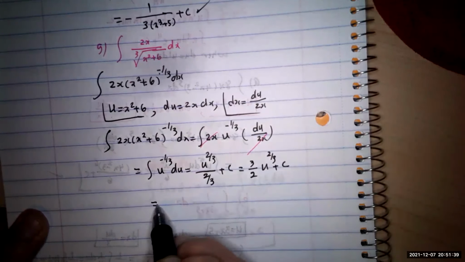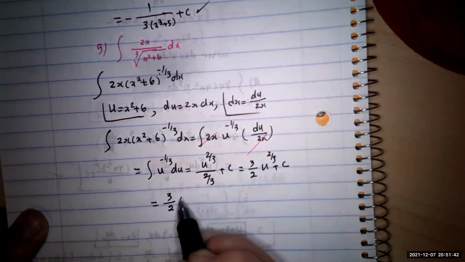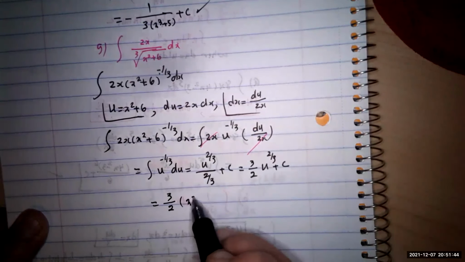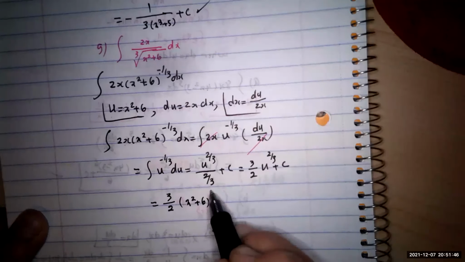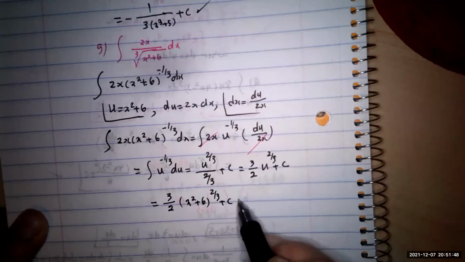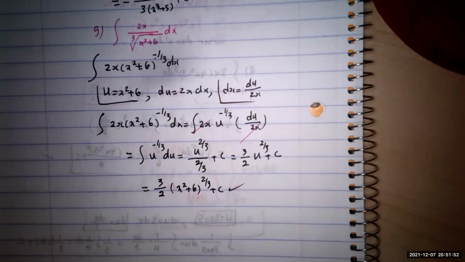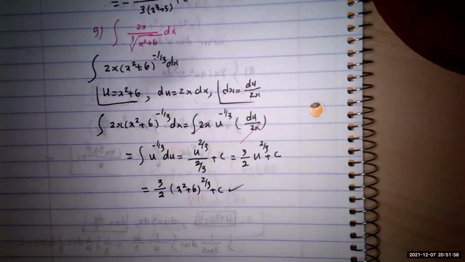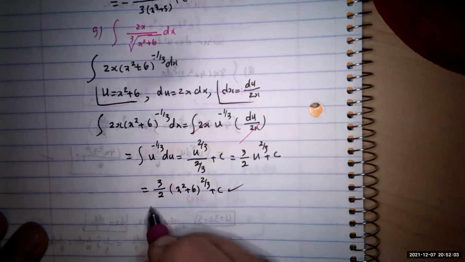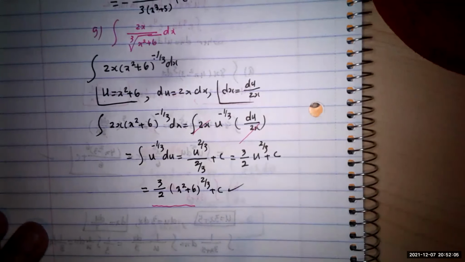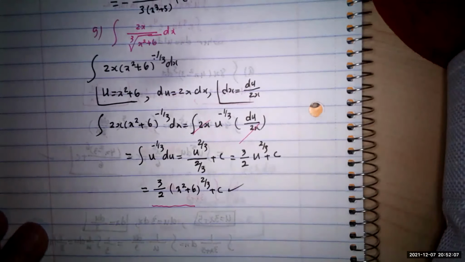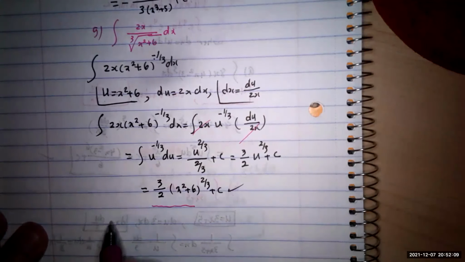So you substitute: 3/2 times x squared plus 6 to the 2/3 plus c, and then you're done. Any question? So that is involving the radical function, the rational function with different parts. And you have one unique case with the exponential one. You cannot have anything else for the exponential one for the time being. And that's part T,